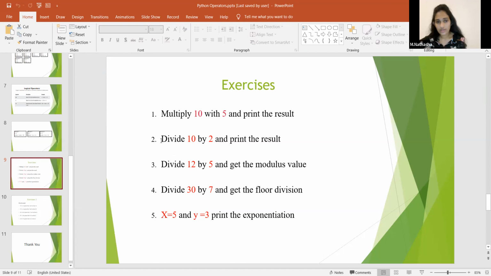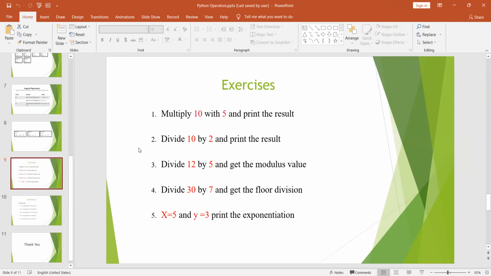You are doing the second one, right? Yes. I need the coding. X equal to.